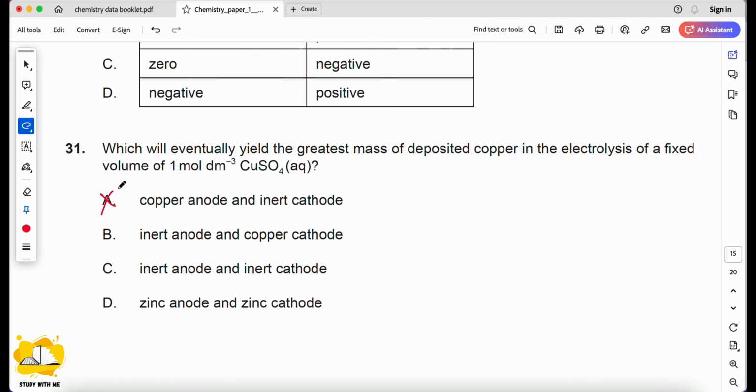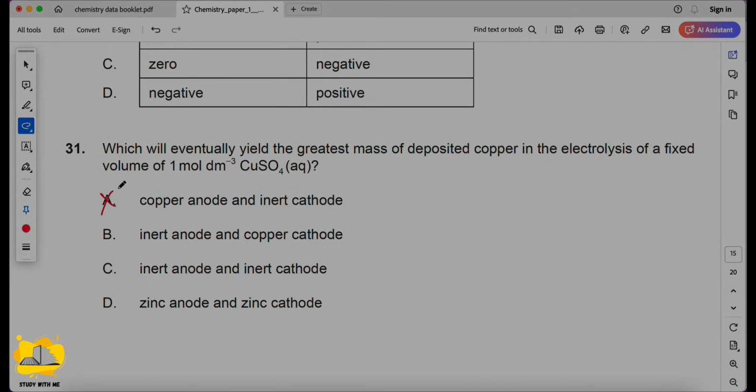As the inert cathode doesn't participate, the greater mass of deposited copper that's supposed to be at the cathode is redeposited back into the solution due to the reaction occurring at the anode, leading to a higher concentration of copper ions